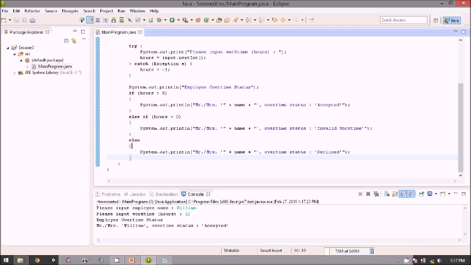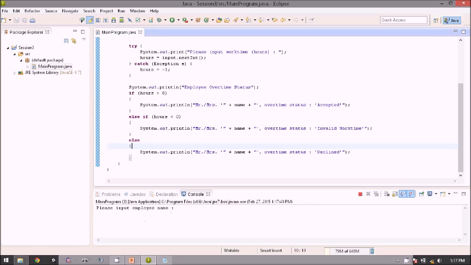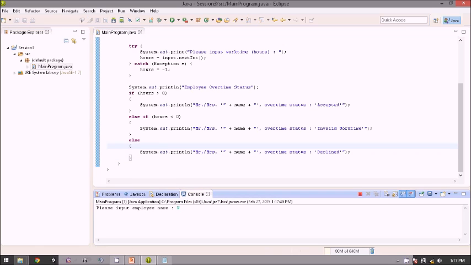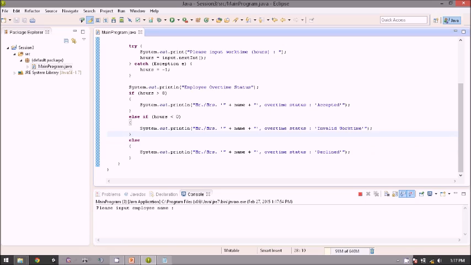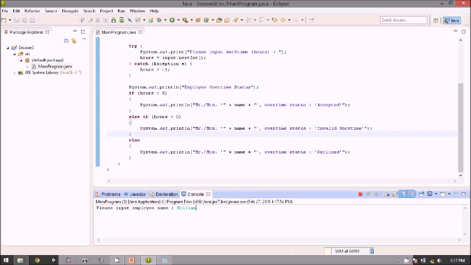Okay, let's try another run and change the work hours. The employee name is still William. The work time, let's say it's only 4 hours. Okay, the status is decline. And then let's try the negative number, -2. It will be invalid work time.